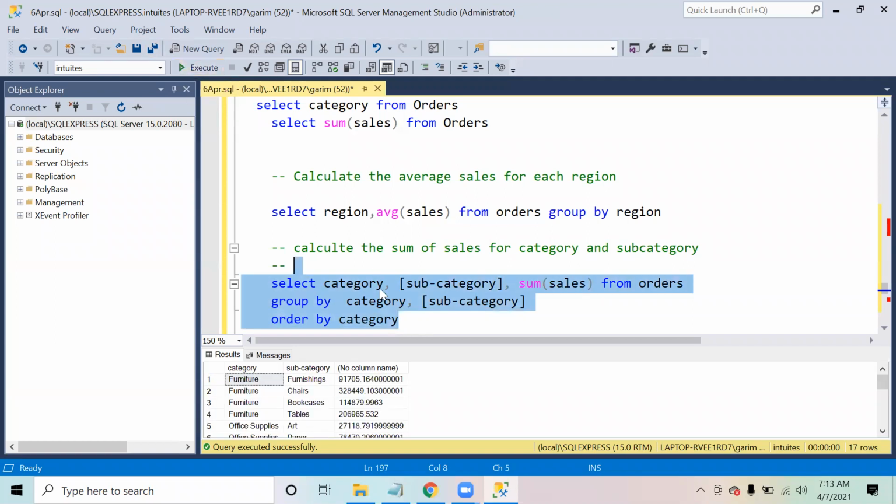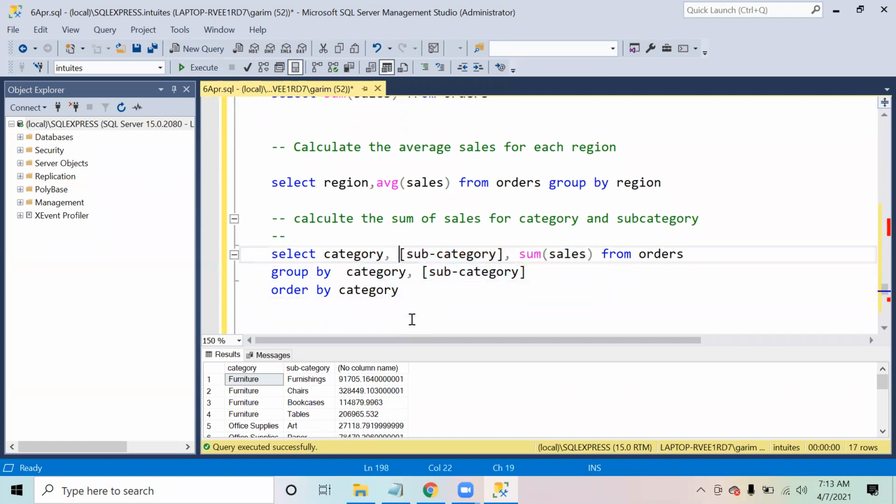So now what will happen over here is you can see in this output that we have the category and subcategory. I can see that in furniture category, there is one subcategory, furniture, and the sale for that subcategory was this. Then in furniture, there is another subcategory that is chairs and the sale for that was this. So you can see all the sales values coming up like this. For each category and subcategory, it gives you a more detailed level of information: you are able to see the category, the subcategory, and the total sales for each subcategory.